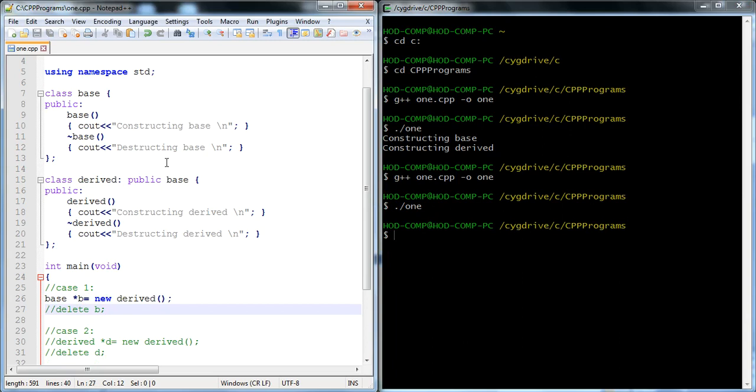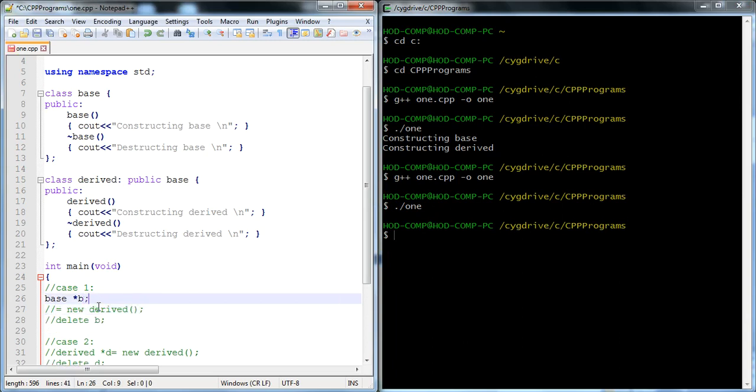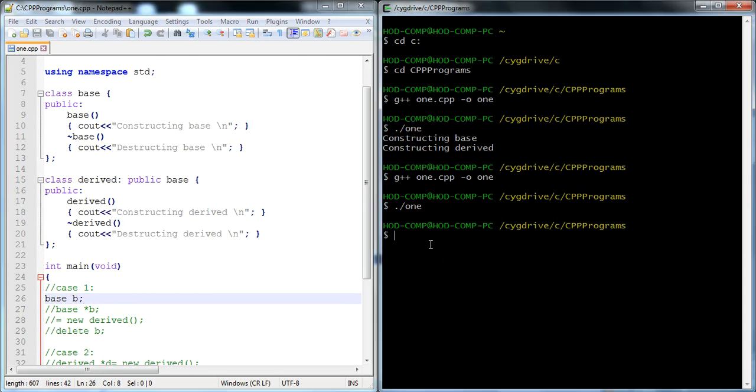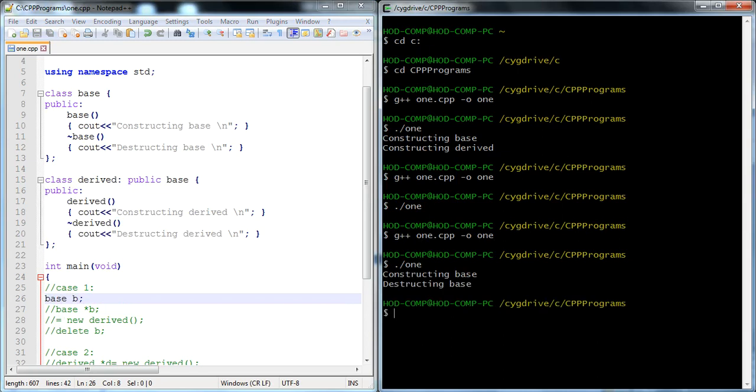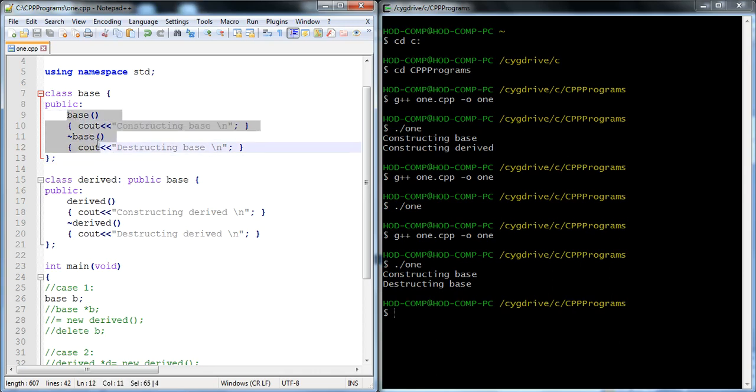Let's try another example with a base object, where B is only the base object. Then it calls only the base constructor and destructor.